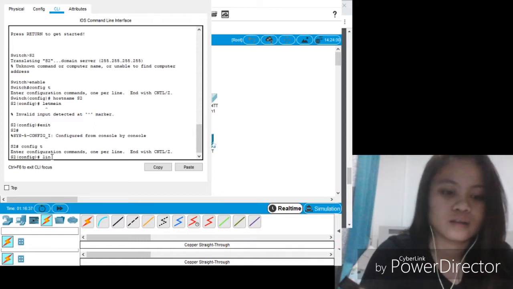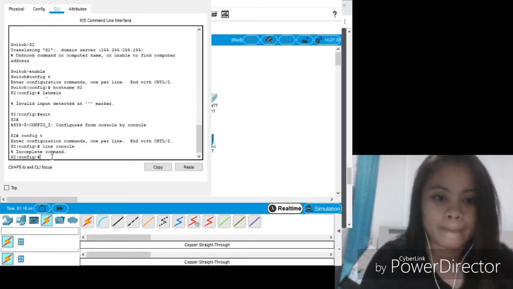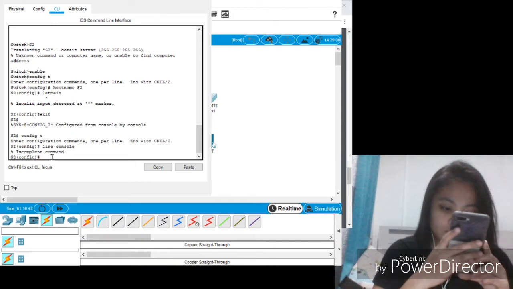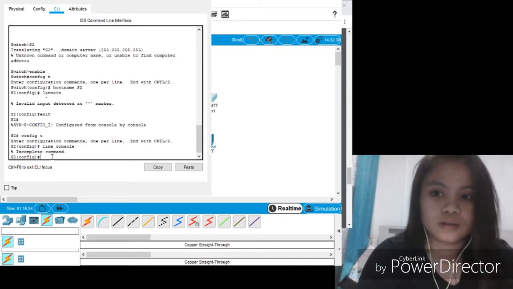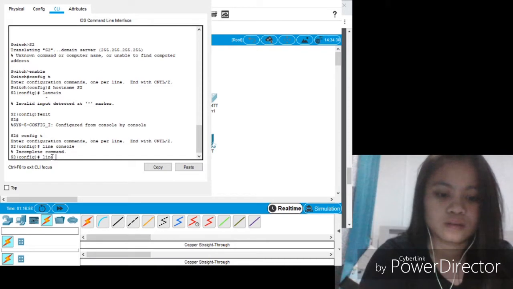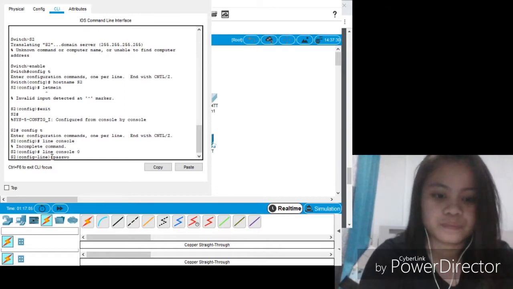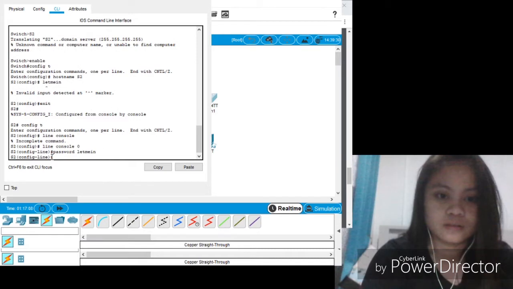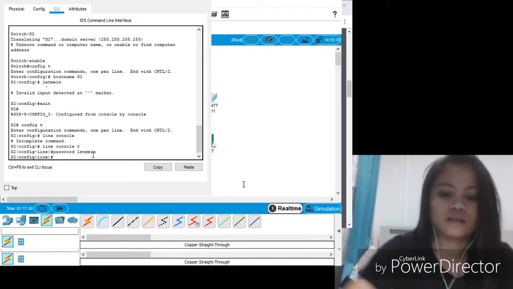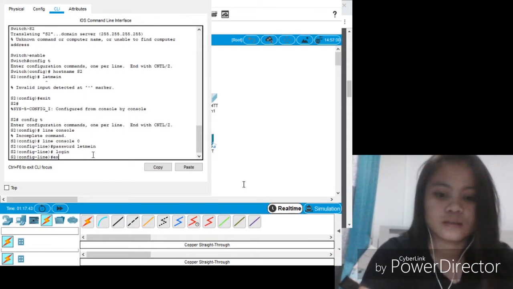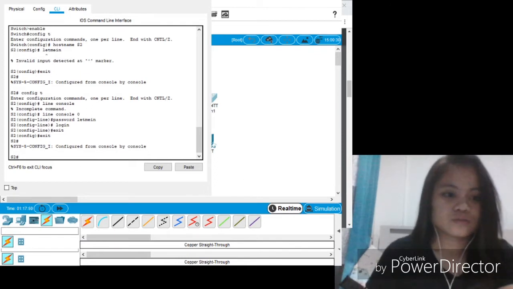And then line console 0, and then password let me in, and then login, and then exit, exit, and for S2 is exit,